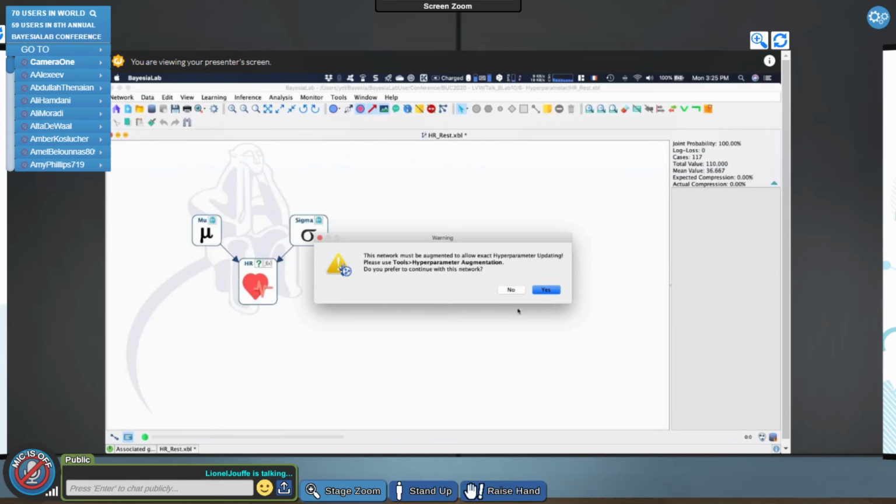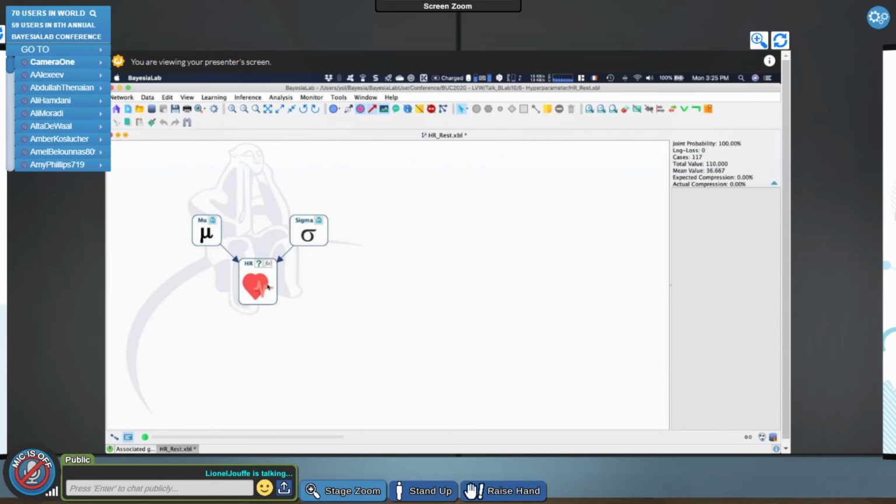So what we are really representing here is, if I have 117 observations and were to do the equivalent of a temporal unfolding, I would have a network with two hyperparameters plus 117 nodes for HR. I would have one node like that for each day. So instead of having this huge network with 119 nodes, I have just this compact representation with two nodes.